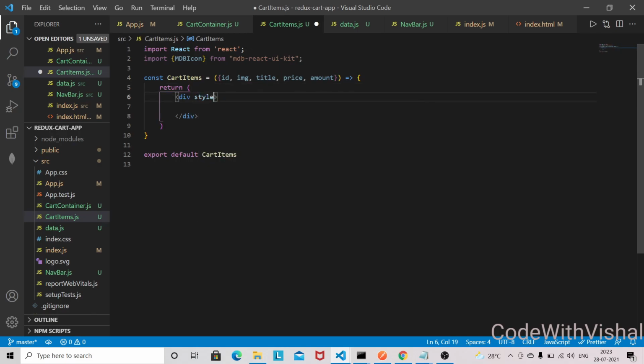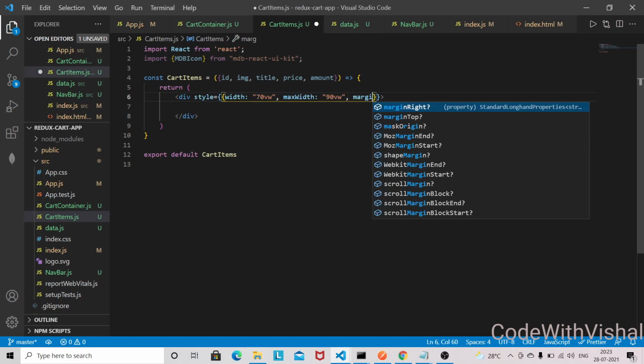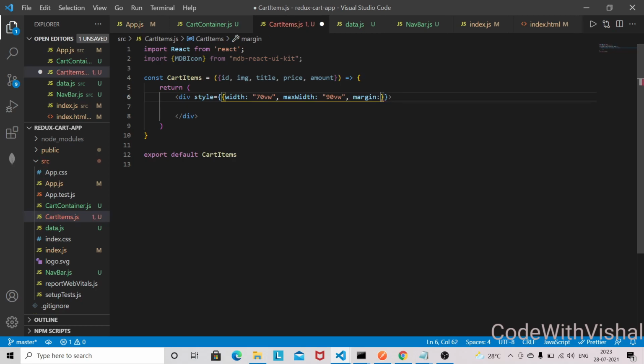So style, I'm just providing some inline style again here. So width, I'm giving 70 viewport width, okay, and max width will be 90 viewport width, okay, and the margin will be 0 pixel auto.